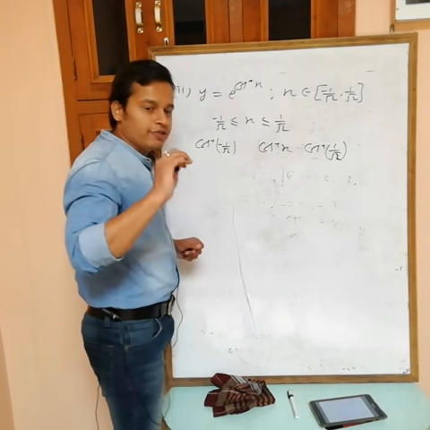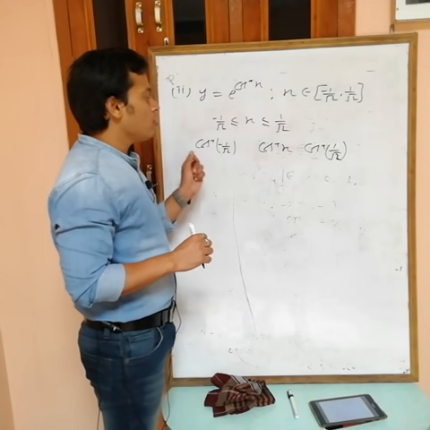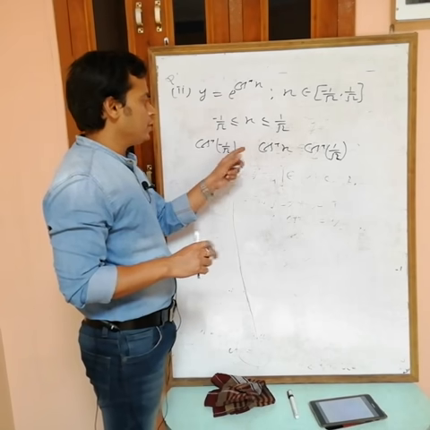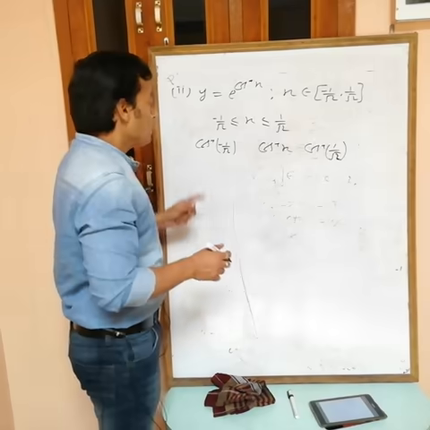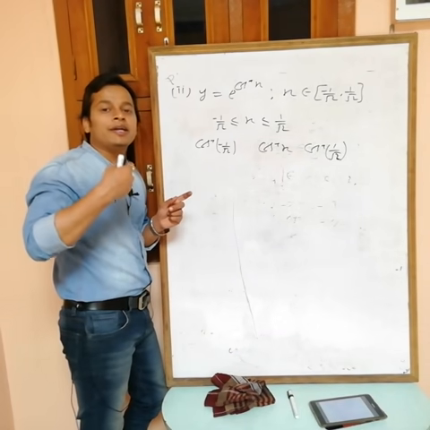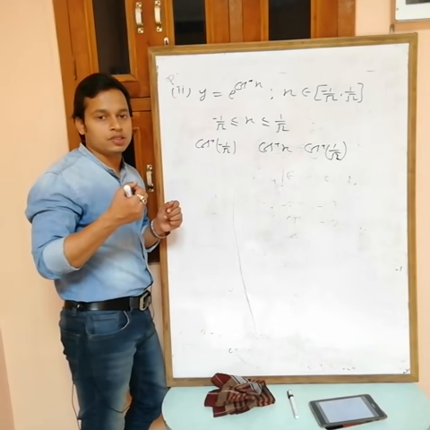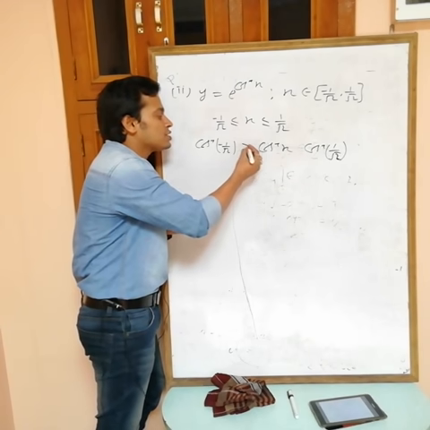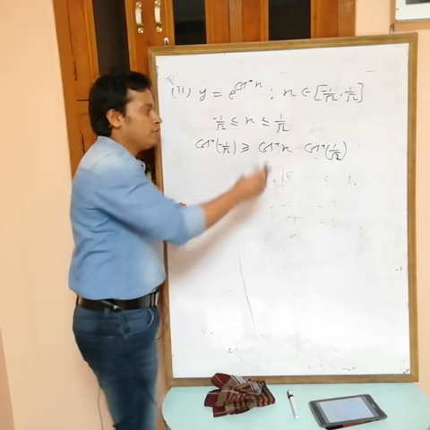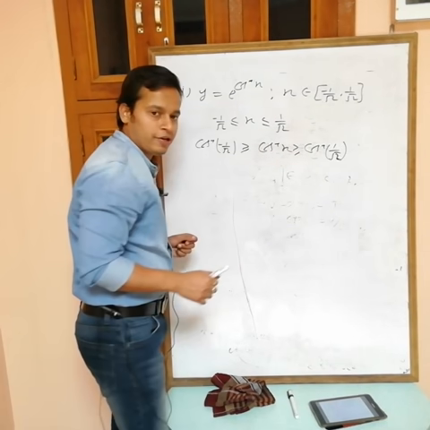Now check one thing. Here, for cos inverse, I have to decide whether to change the sign of inequality or keep it the same. Cos inverse is a decreasing function, obviously, as we saw yesterday. Cos inverse is a decreasing function, so change the sign of inequality.